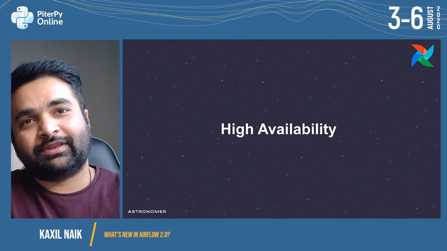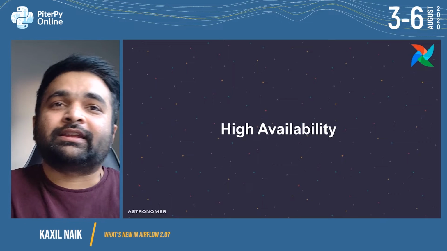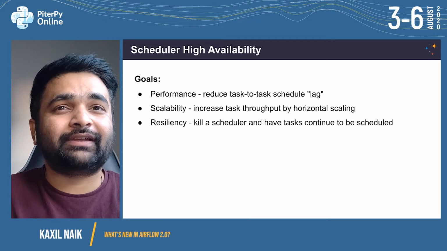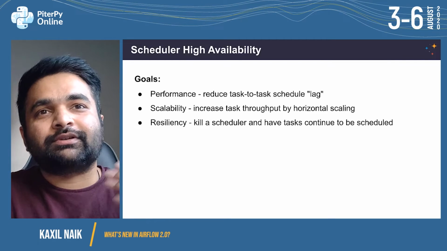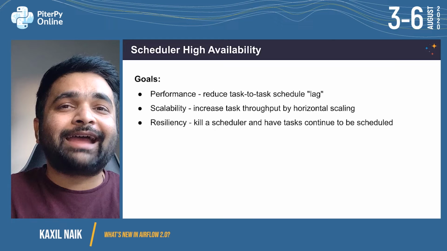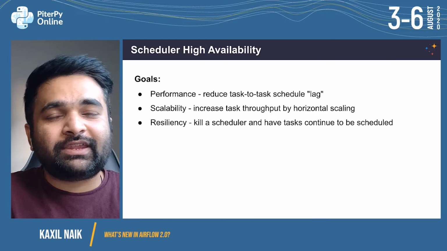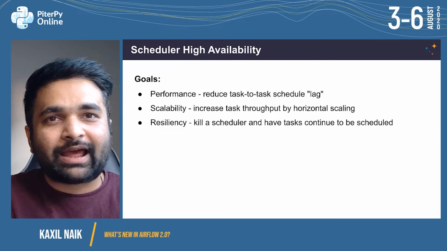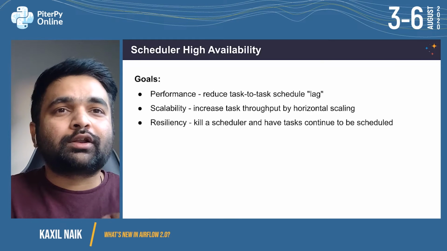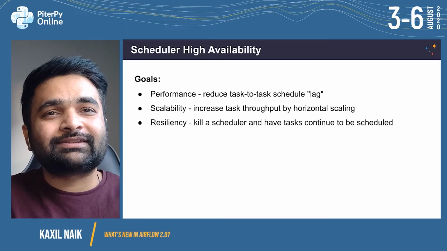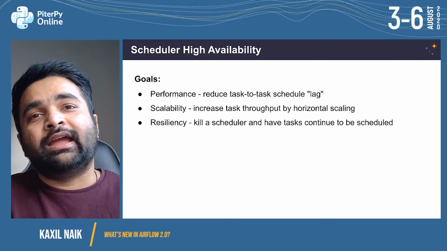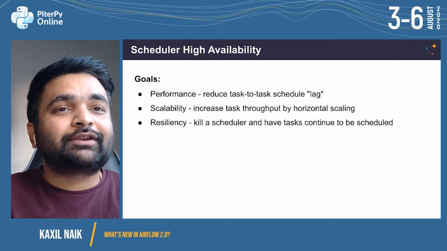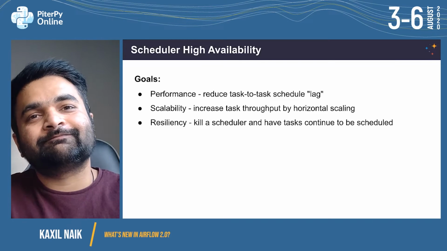So the first one, high availability. Currently, the Airflow scheduler has been a bottleneck and a potential single point of failure. All the other components, web server, workers, DB, can be run in a highly available manner. With AIP 15, that is Airflow Improvement Proposal 15, we aim to make the Airflow scheduler highly available. That is the ability to run one or more schedulers at the same time to improve performance, scalability, and resiliency. Ash, who is also an Airflow committer and PMC member and the Airflow team lead at Astronomer, is currently working on it.